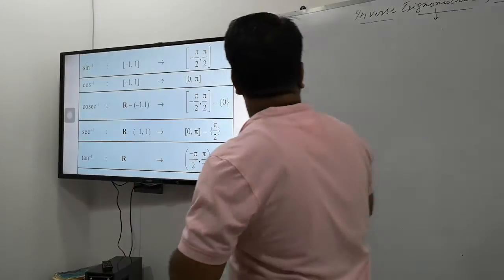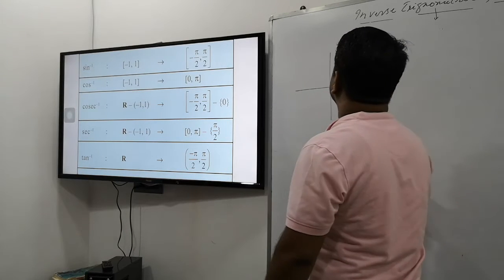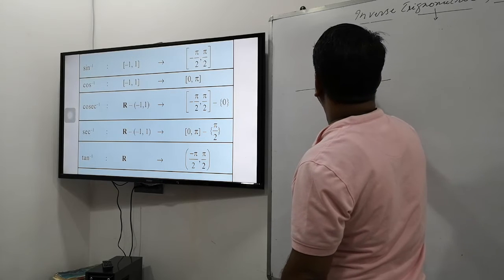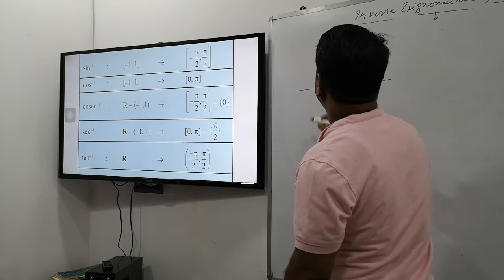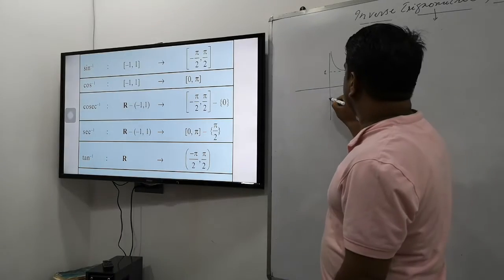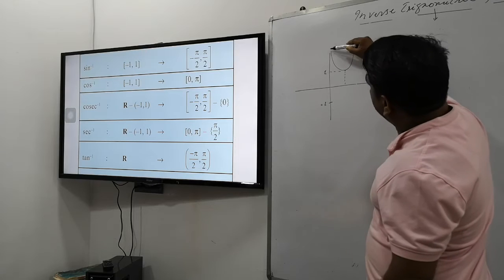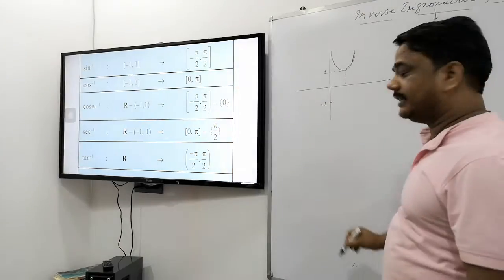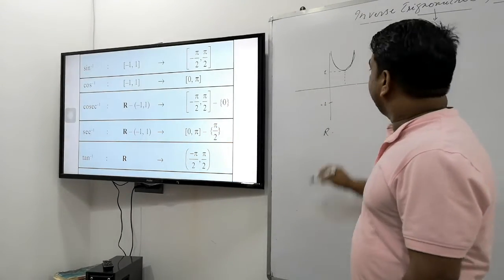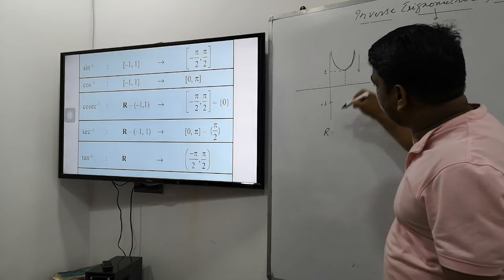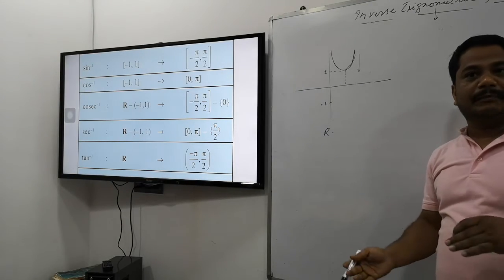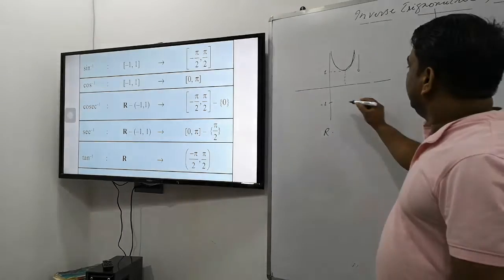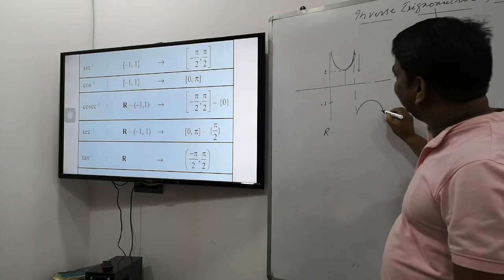Have a look at this, please. Suppose it is plus 1 here, and minus 1 here. So the cosec curve is coming here, up to 1. So we can speak of real numbers here. It means this is the range here. The cosec function will not come below plus 1. It means plus 1 is in the range of cosec. Clear? And here also the same. This is given in this manner.